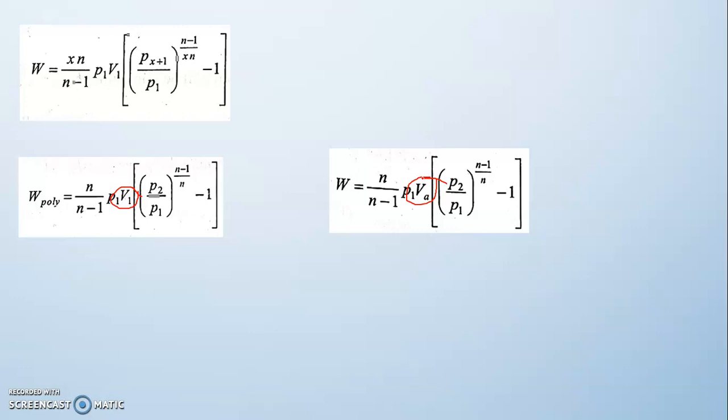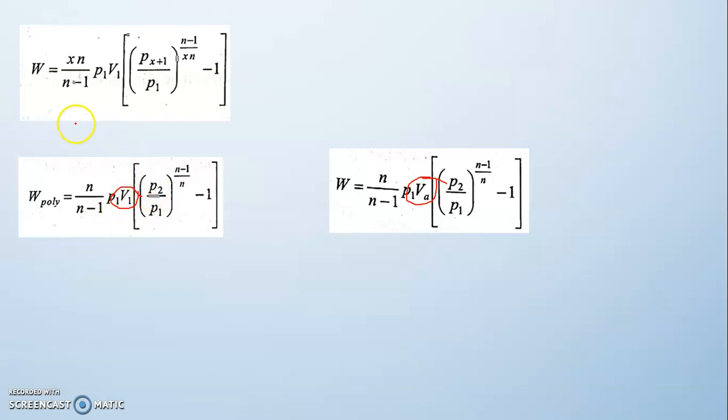But if we are dealing with a reciprocating compressor with clearance volume, for the initial stages of the suction stroke, the air will not enter into the cylinder. That we have already discussed. In the initial stages, the air inside the cylinder will expand to normal pressure, and after some point only, the air will be sucked into the cylinder. From that point only, we consider the amount of air taken into the cylinder. So for a reciprocating compressor with clearance volume, we deal with VA, the actual volume, and for one without clearance volume, we deal with V1.